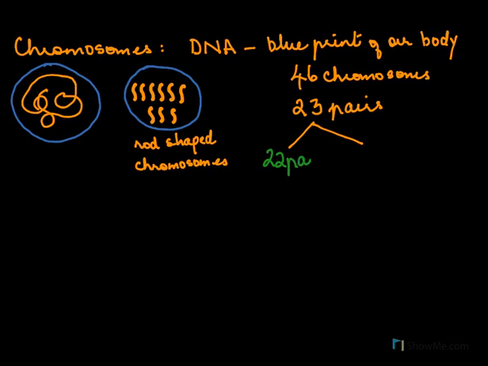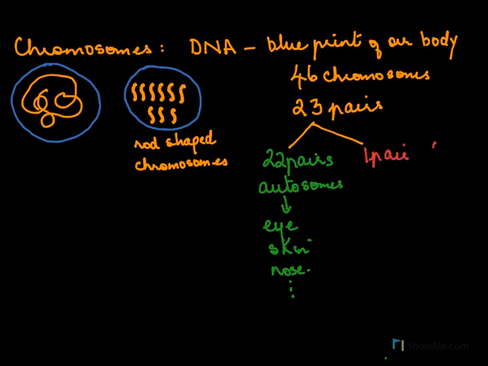22 pairs are called the autosomes, and they determine all characters other than sex, the non-gender characters. They determine, like, the characteristics of the eye, maybe the skin color, maybe the shape of your nose. So all these are determined by the autosomes. But we have one pair of chromosomes. One pair means two